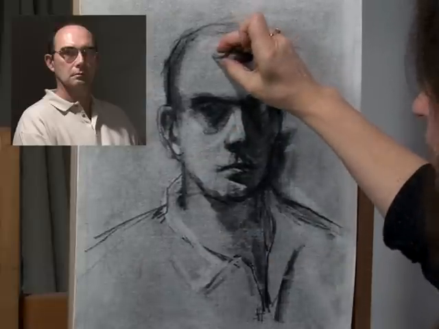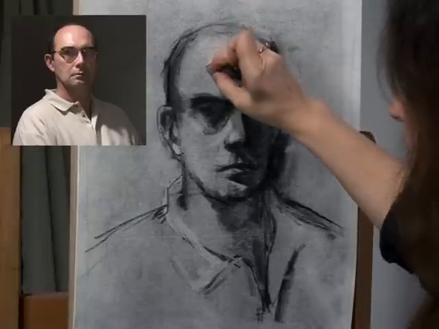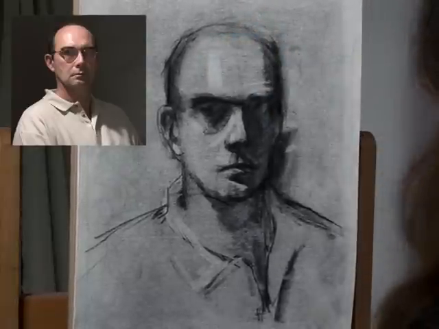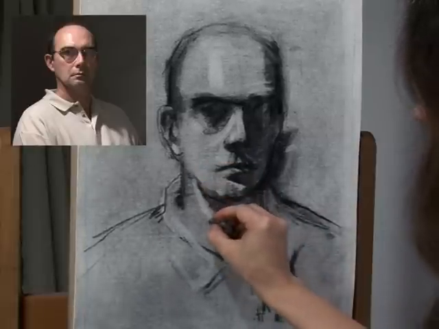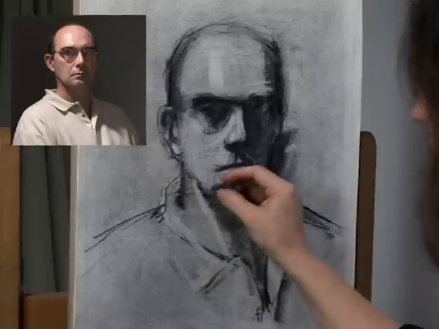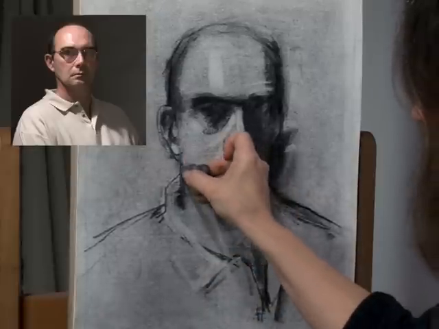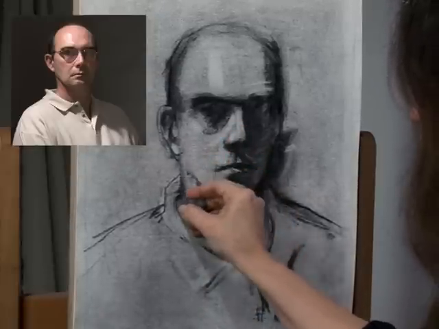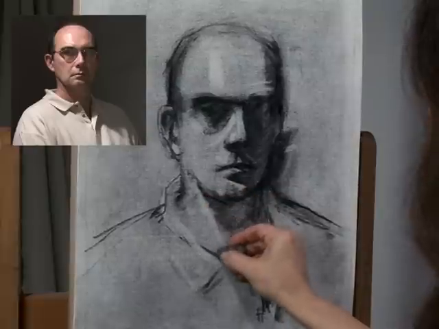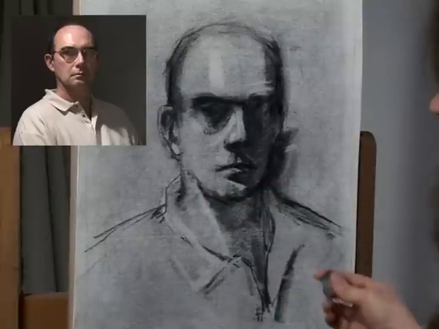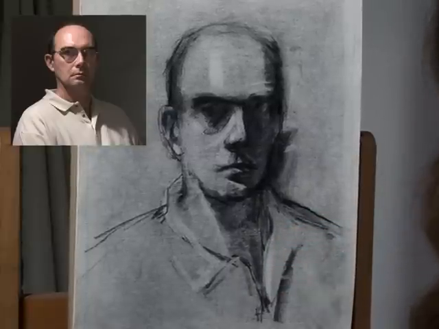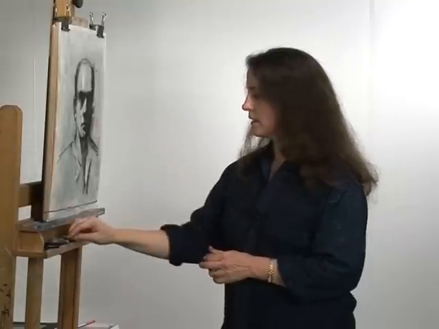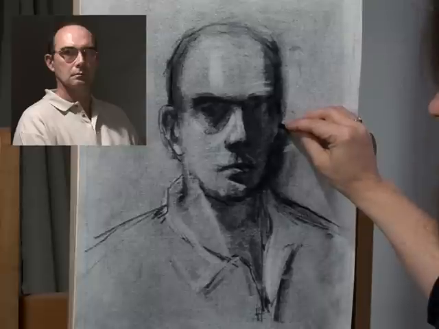I'm modeling the form now. I'm looking for this highlight here. Maybe that will help the forehead come forward, pushing the values. And here, light spilling down across the neck. I'm actually strengthening this shape map yet again, now with light. And I see some big mistakes in the negative space. So I can use that negative space now